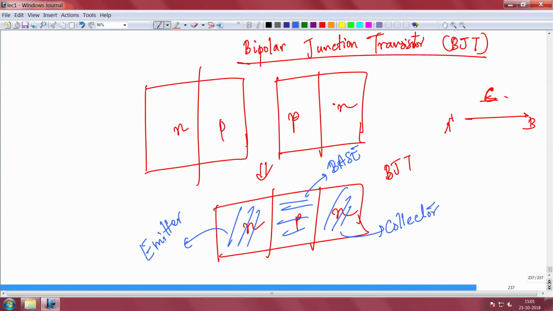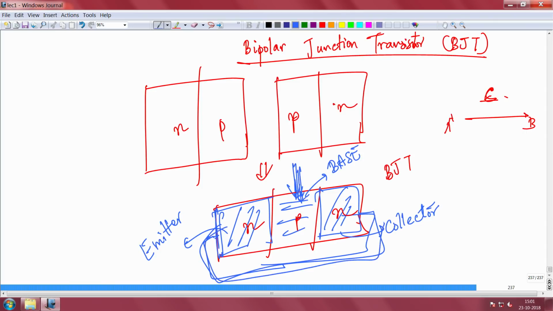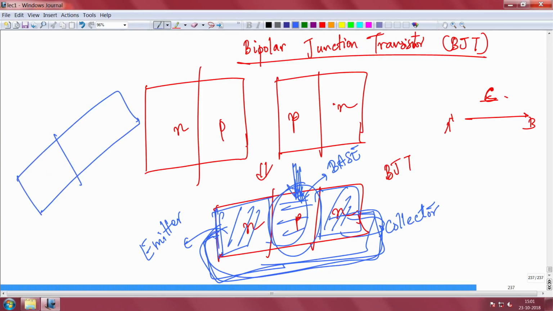You can see that the current between the emitter and the collector can be controlled by putting a small amount of current in the base, or P type. You can put a small amount of current here and control the current here. So, that is why it is a transistor: by changing a very small current here, you can make a large change of current here. Similarly, you can have the other kind of transistor, which is P, N, and P. So, this is PNP and that is NPN, both are BJTs only. You can have BJTs of both types of configuration. We will study NPN in detail.